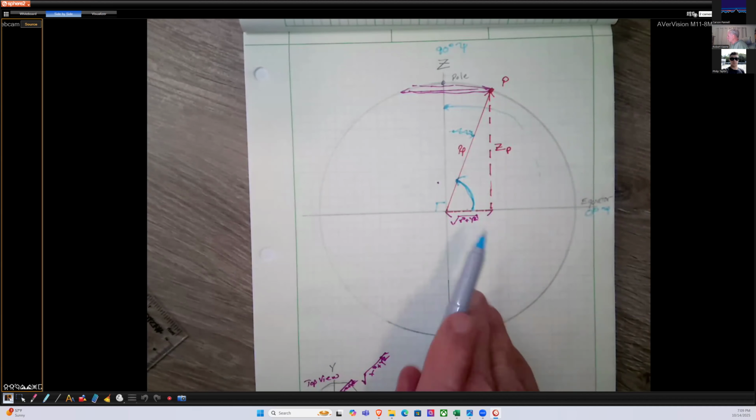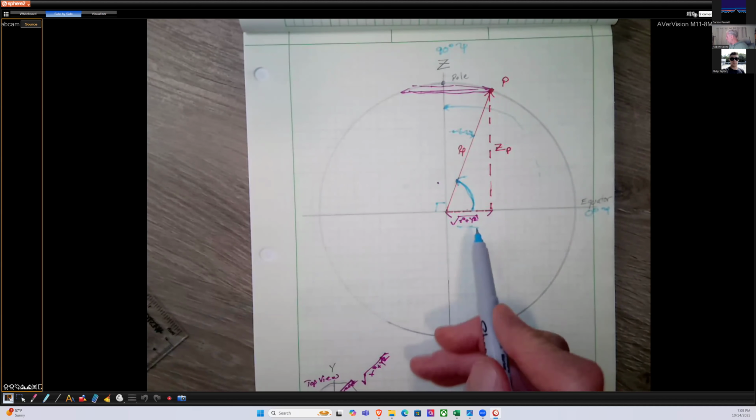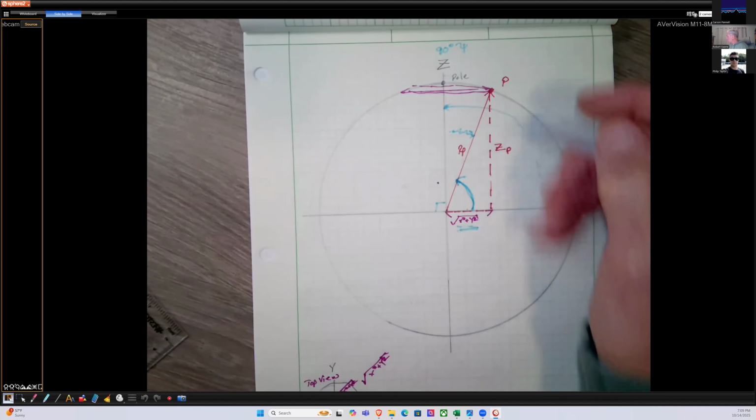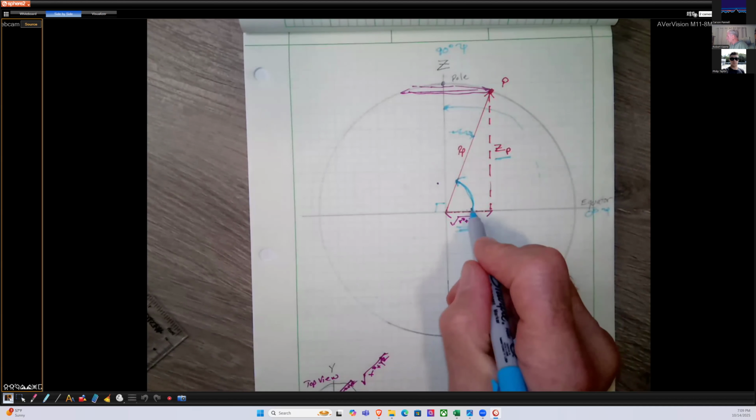Because remember, we're starting with known Cartesian coordinates. If I have this value here and this value here, how would I get just this angle? The inverse tan of z sub p over the square root of x squared plus y squared. If I call this psi,